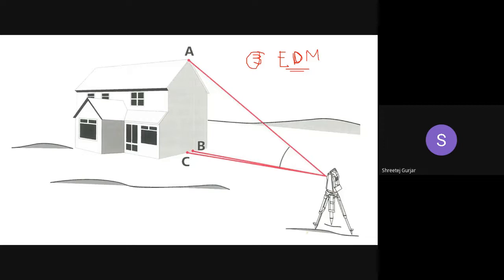So here in this image, you can see we have a total station set over here. And what this total station does is it takes these measurements. You can directly take the measurement. You sight this particular point B, and you press a button and it takes the reading. Similarly, you move your line of sight, you bisect this particular point A, and you press the button and take the measurement. By this, it will give you the height of this particular house, right?